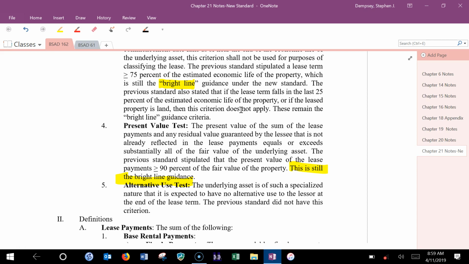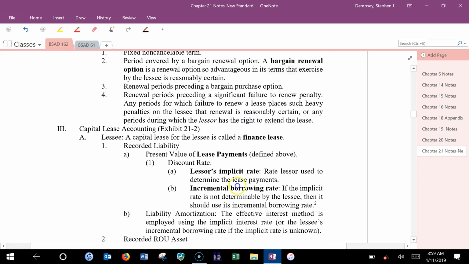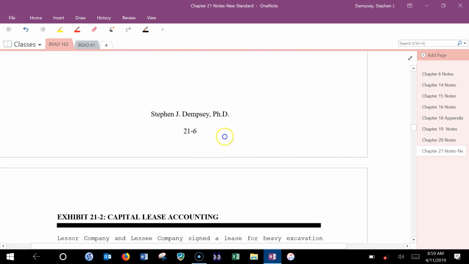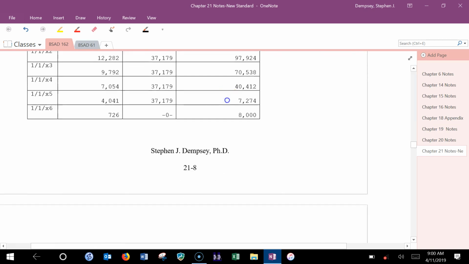Well, what if it's guaranteed by a third party? And it's not in the lease payments. That is, lessee isn't reimbursing the lessor for this. So that's why it would be rare. So they call this a direct financing lease if it's not a sales type lease. So let's go through that.